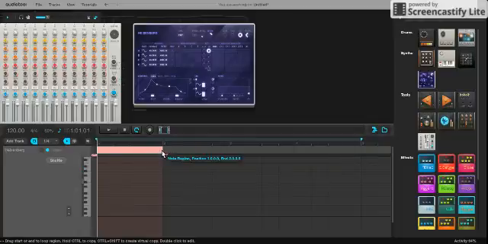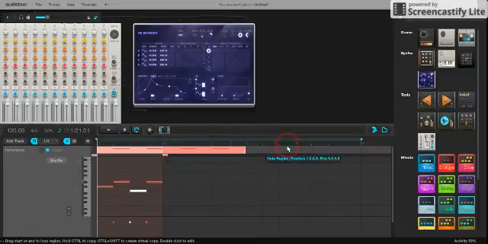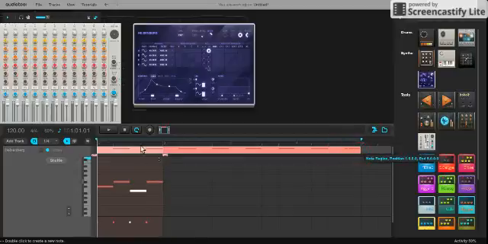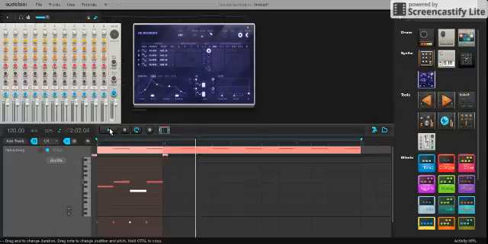Say you created a little beat, but you want it to loop. If you put your mouse right at the edge of the note region, click, hold, and drag, it will extend the note region to play longer. That's a horrible loop, but